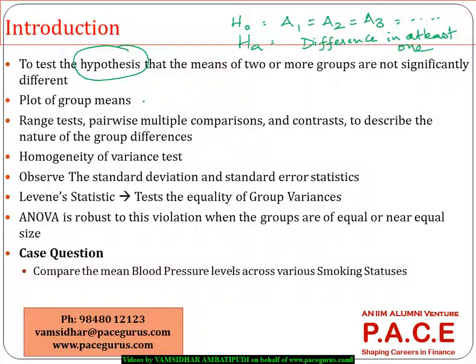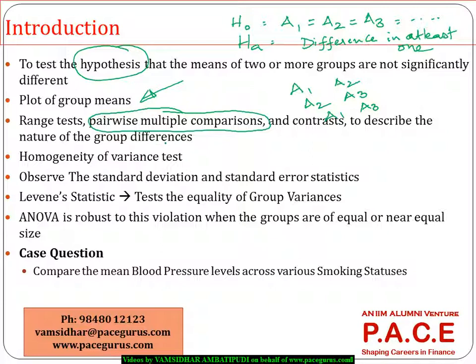Along with that, this procedure of SPSS can help me plot the means of each of the groups, and it can also help me do pairwise comparison. So A1 versus A2, is there any significant difference? A2 versus A3, is there any significant difference? A1 versus A3, is there any kind of significant difference? Such contrasts and pairwise multiple comparisons can very well be done using this mechanism